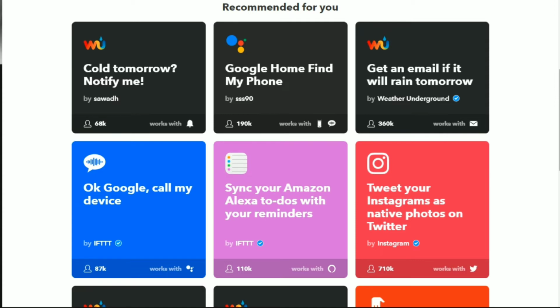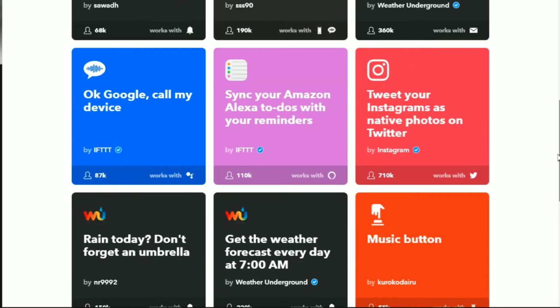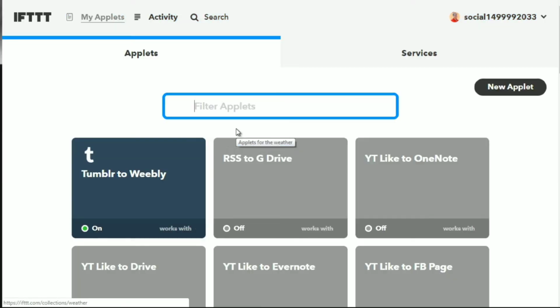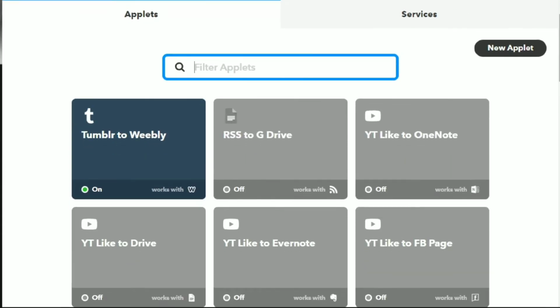As you can imagine, this does get tedious, but if you map things out and know ahead of time what it's going to look like, then you can simply say, okay, I'm pointing YouTube to Twitter. So anytime a video has been uploaded to YouTube, it simply gets pushed or embedded into Twitter. So we need to make an IFTTT trigger for that. To do that, it's very easy. All you have to do is go to My Applets up here, and you can do a search for applets.